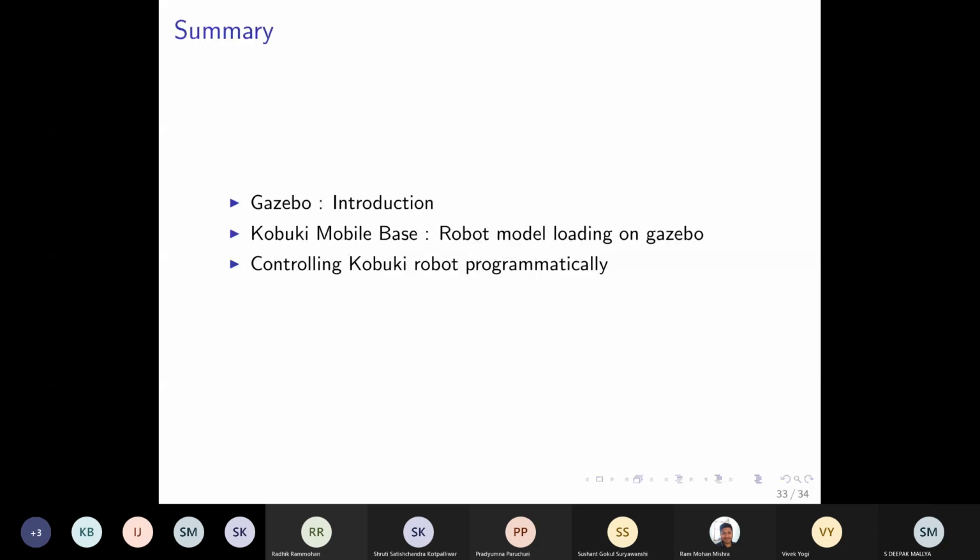From the previous session, we are now good with ROS: we understand how to get ROS running, how to create nodes, what topics are, how to inquire about topics, and what kind of messages they are publishing and subscribing. And today we saw the Kobuki mobile robot base, how to control it programmatically from the keyboard, and how to know its location. So I will stop here, and let us take questions. I'll also put this slide up after this talk, and you can download it.